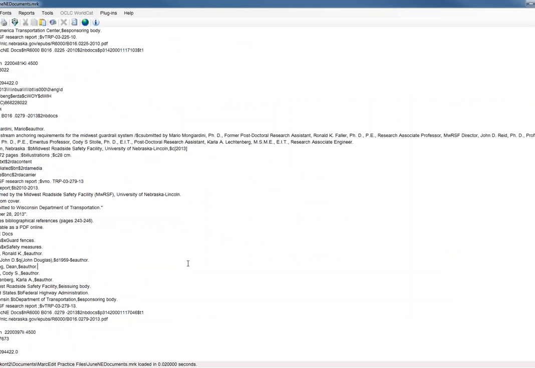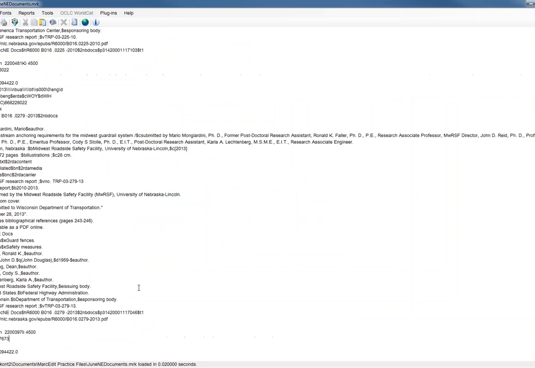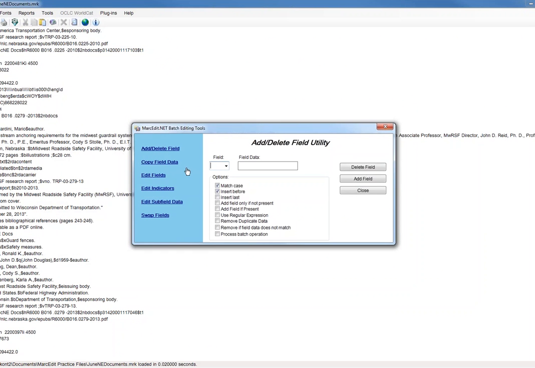As far as deleting fields goes, it's pretty much the same thing. These all have 856 fields for a URL. Let's say that we realize that we just want these records to be for the print version, and so we don't want to have that alternate online version. So you can go to your tools menu, choose add/delete field. In this case, we want to do 856,